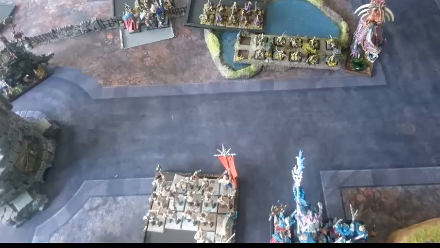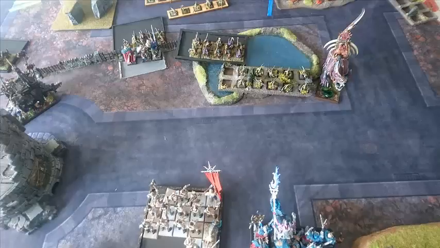So what I did was I charged the BSB out of the units into his skinks. If he held, I then get to kill them and overrun, and I'm out of the charge arc of the stompy dinosaur, thus saving my BSB. If he flees, I've pushed all his units to the back of the board. So the small unit of camo skinks and the big unit of camo skinks have held in this situation,